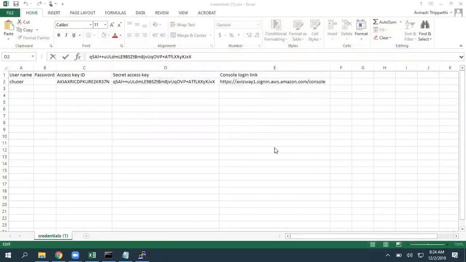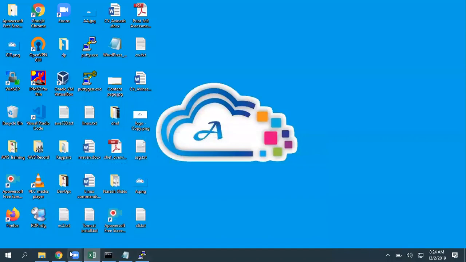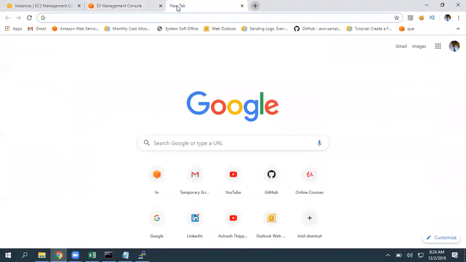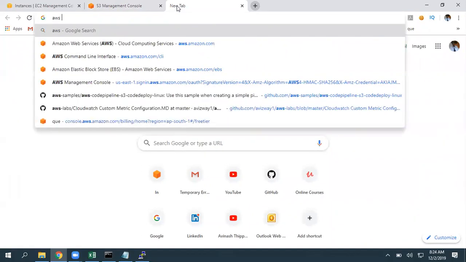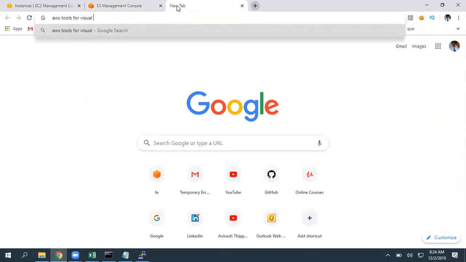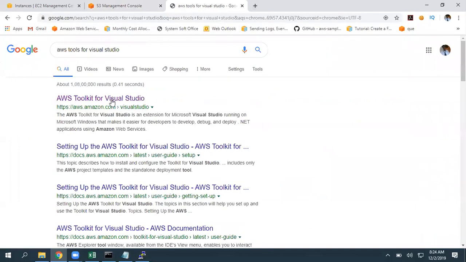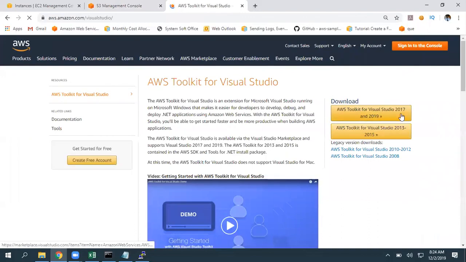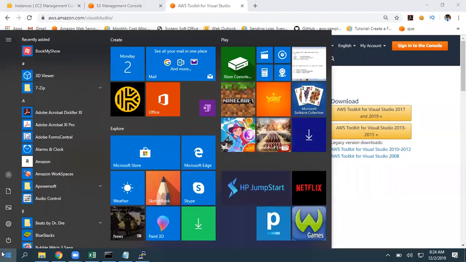Not only this, if you are using any IDE, the place where we write our code, we have CLI tools. For example, AWS Tools for Visual Studio. This is the place if you are using Visual Studio 2017 or 19 or 13 or 15: download and install this, and you are going to get a new option. Again, Visual Studio is not available on my machine. So